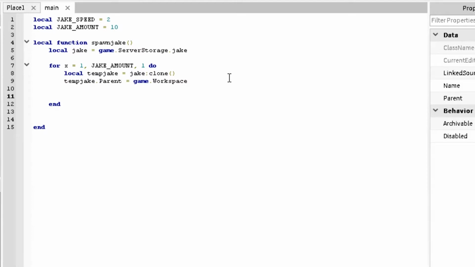Now we want to move it to the correct location. So we're going to call the function tempJake:MoveTo. Now this might be kind of goofy. You guys are probably like, oh my god, Kevin, what the heck does MoveTo mean? MoveTo is basically just moving it to a position. You're moving it based off of the primary part. So we're going to take tempJake:MoveTo, and then